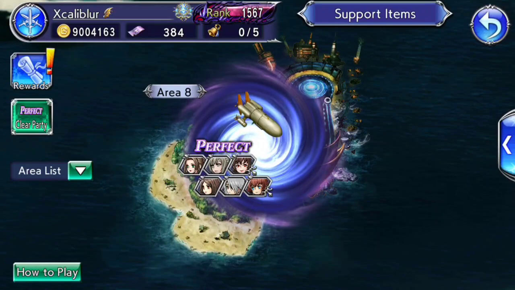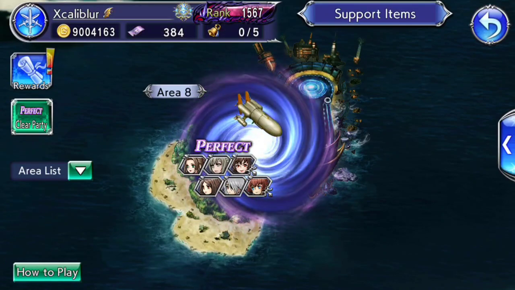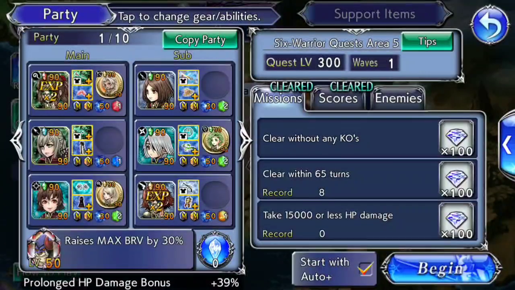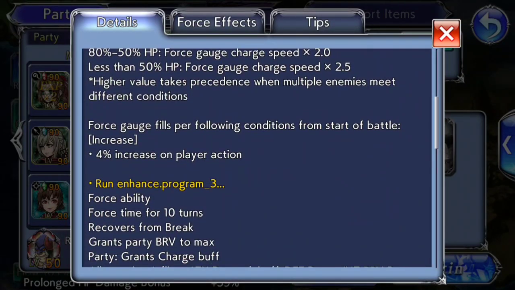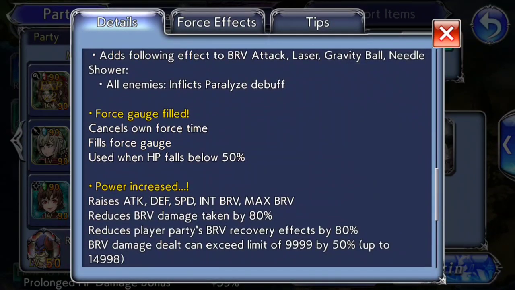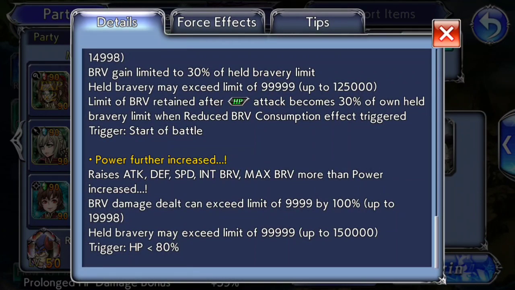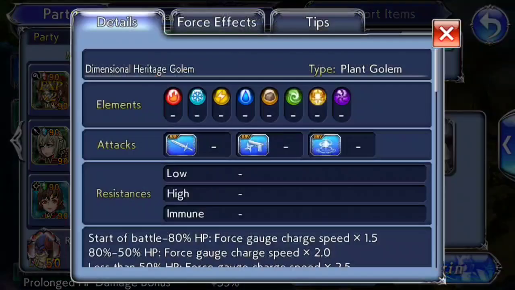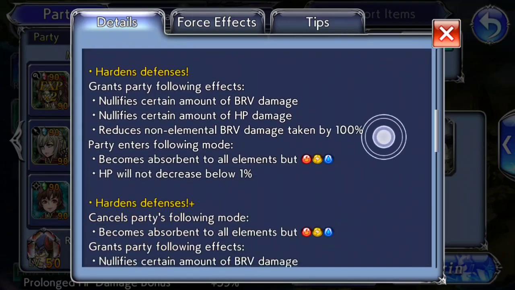So this is a stark contrast to earlier events. Since I'm still at the 6 warrior quests, let's look at a much earlier one. Say if I take area 5 as an example and I click on the boss, there we go. They have details everywhere: what the boss can do, what the attacks are, what the thresholds are, and so on. It's the same for the other enemies as well. If I click on the heritage golem here, you see there's a very clear description of what the